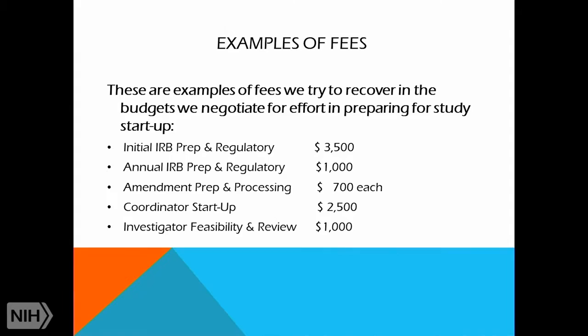Everybody asks differently, but it just depends on the amount of effort that you're going to have your team put in to get these items finished. I usually try to ask for an investigator feasibility and review fee, because a lot of times the investigator doesn't necessarily do any of the drudge work up front to get the IRB done. Sometimes they do, but not always. Sometimes they have coordinators to do it, or they work with us. But they still spend a lot of time. They still have to review the documents and sign off on everything. They usually read the protocol beforehand just to make sure that it is what they want.